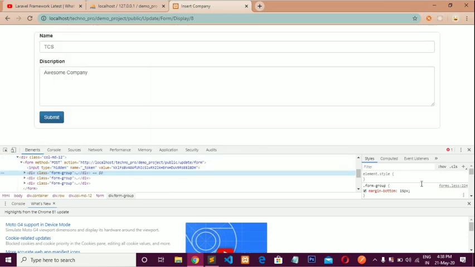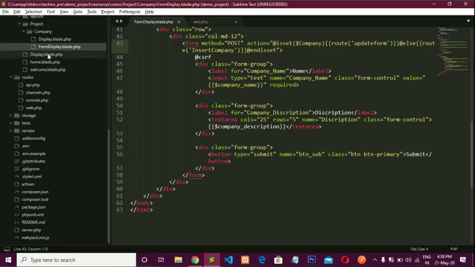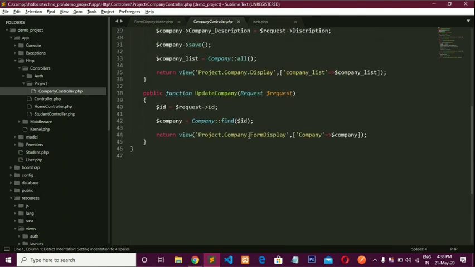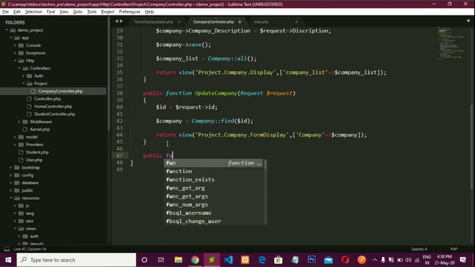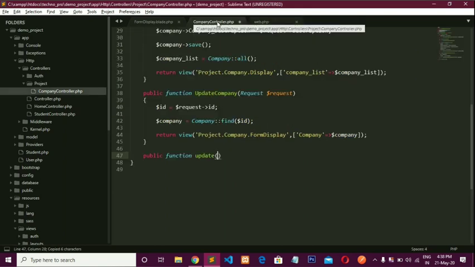Okay, so now we have to write the code in our controller file for updation. So make one method, public function, and go to web.php. The method name is update, and request, because here we get some data from the form.